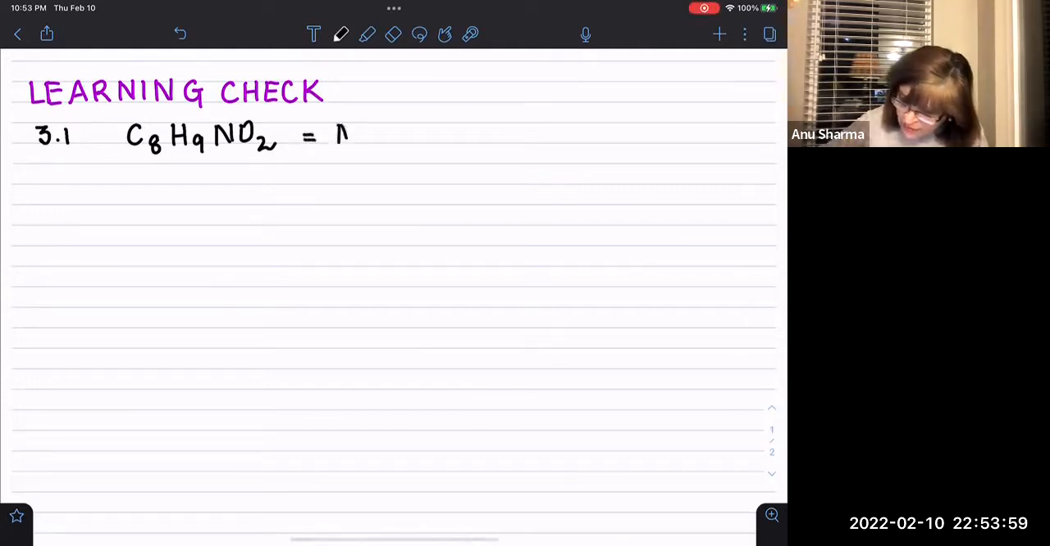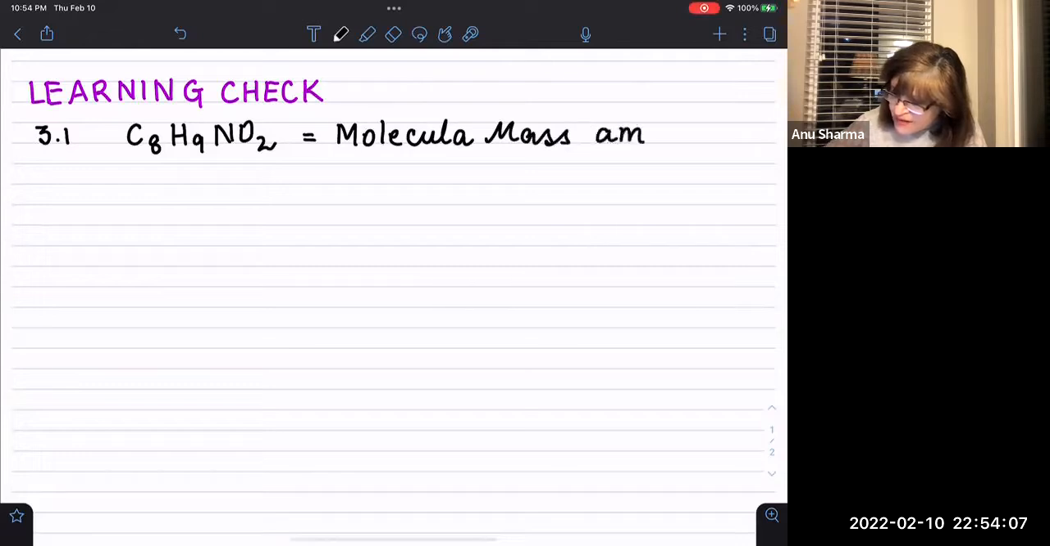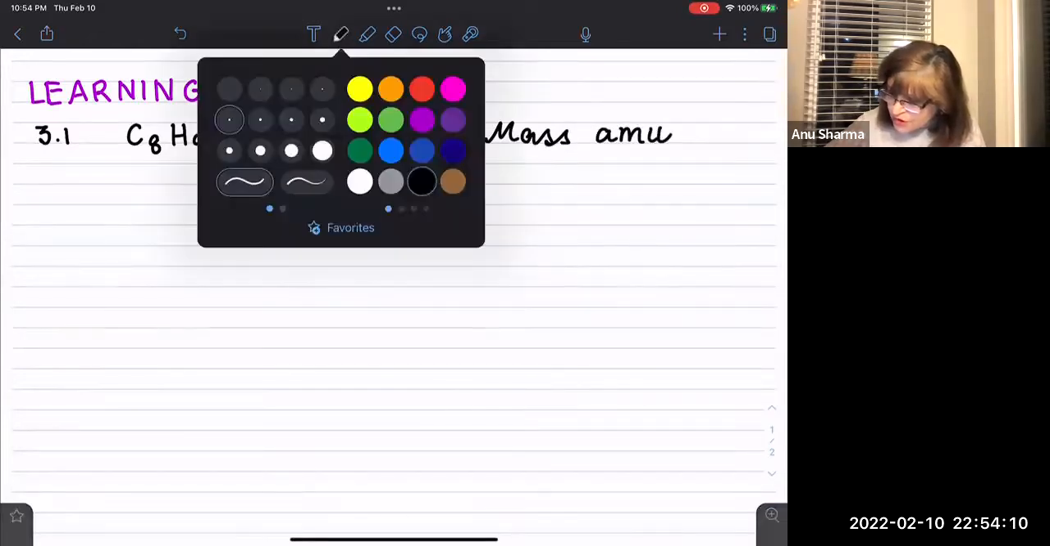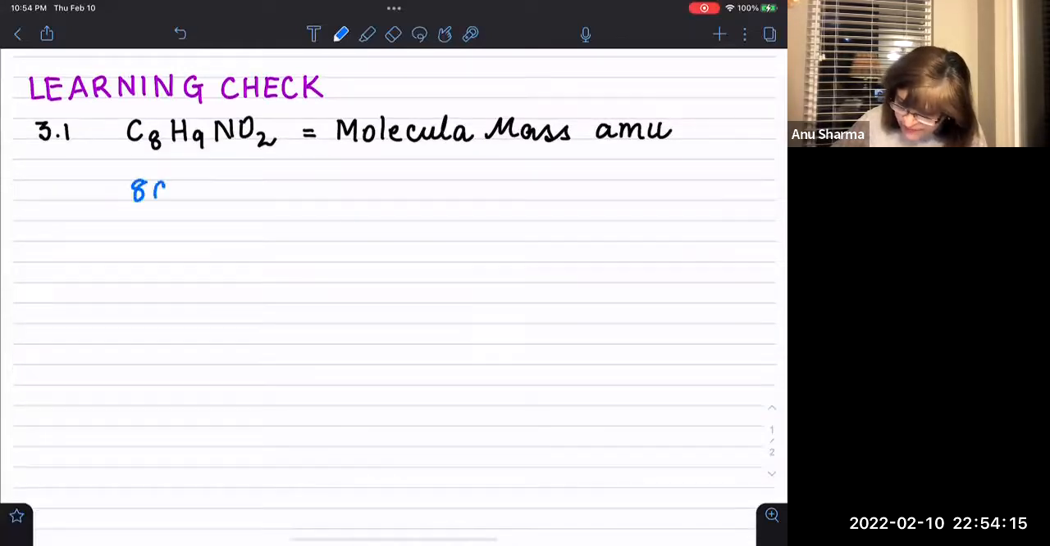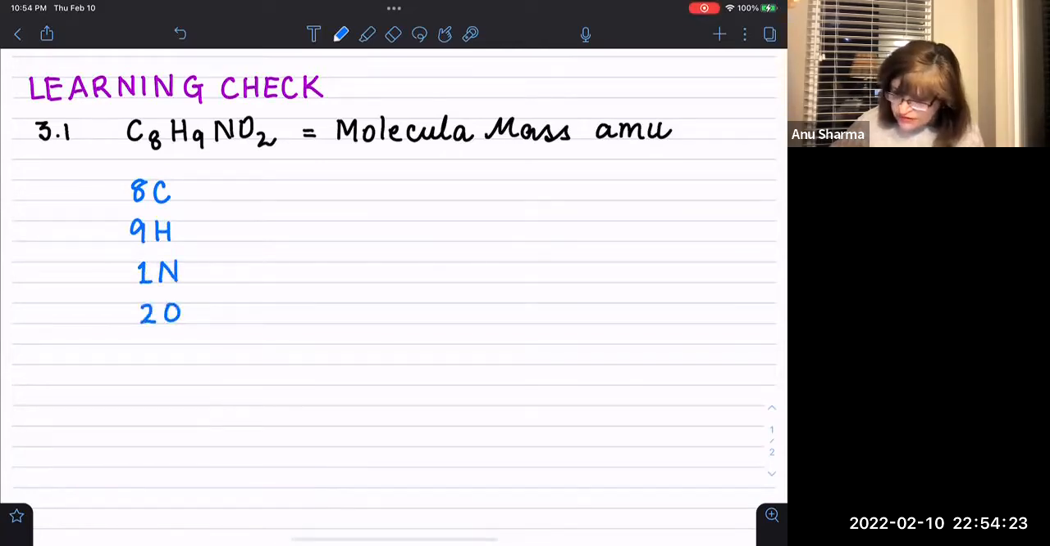What is the molecular mass in atomic mass units? Previously this was used. Okay, so what does this mean? This means that there are 8 carbons, 9 hydrogens, 1 nitrogen in this molecule, and 2 oxygens. Remember that this 8 applies only to carbon, this 9 applies only to hydrogen. There is only 1, which we don't write, and then this 2 applies only